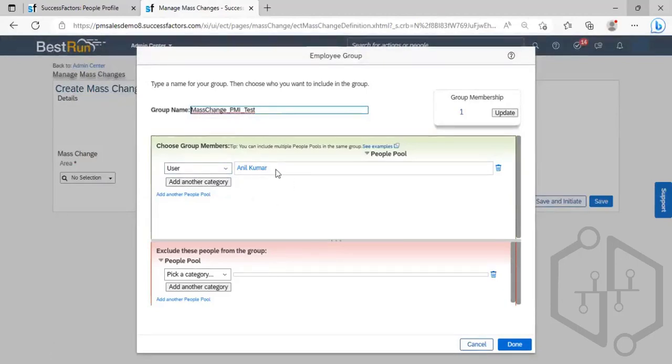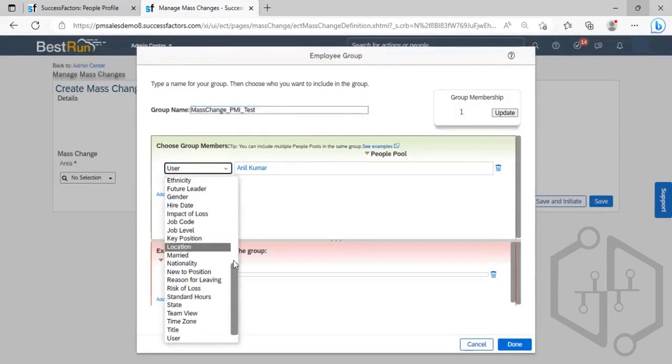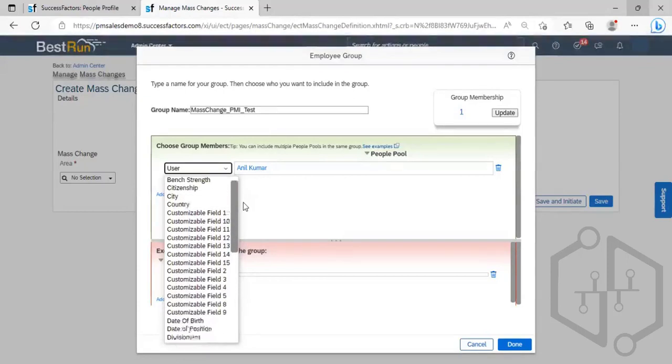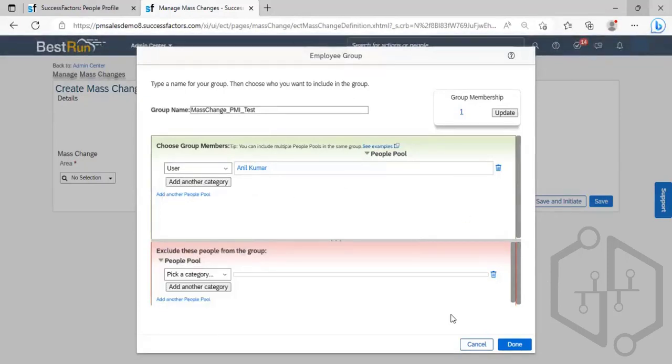I have added only one member, but in real time, when this type of requirement comes, you need to create a group, and when you are adding the members, you can filter them on the basis of location, legal entity, department, or country. Once the member has been added here,